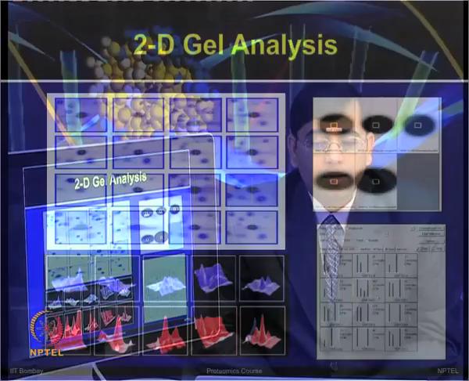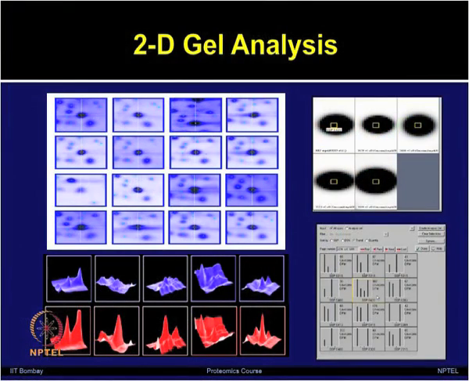As you can see in this image, I am showing you one spot which you would like to compare across 16 gels. Now, you have zoomed into that particular region and further you are looking at the 3-dimensional pattern of each of the spots, how they are differing from the control shown in the black and the blue spots and the treatment which is shown on the black background in the red spot.